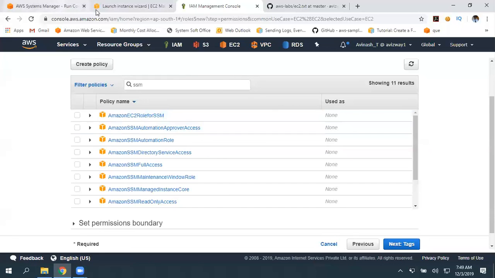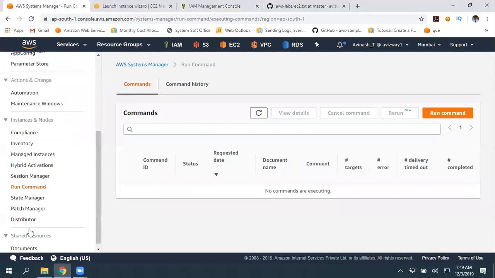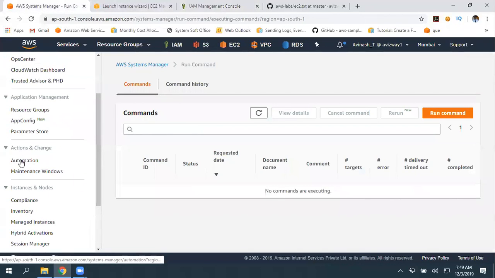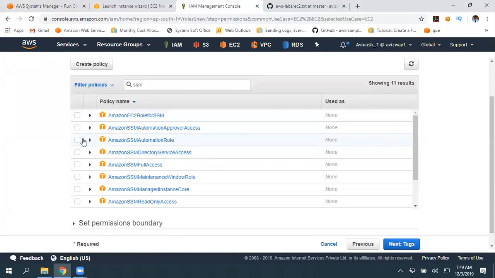Along with Run Command, we have services like Automation. If you want to use those services also, you can go and pick these automation services. Whenever you are launching a Windows instance, and you really don't want to log into the EC2 instance to join it to a domain, for example, you are using Active Directory.